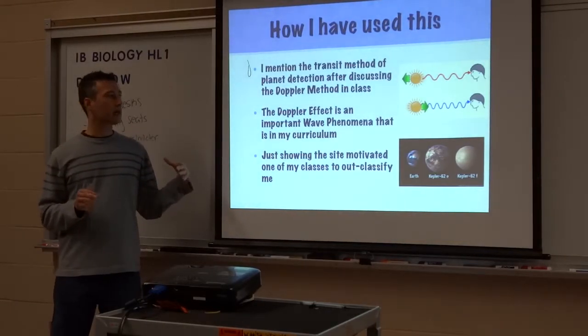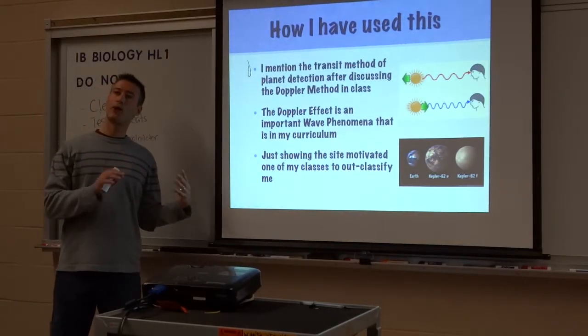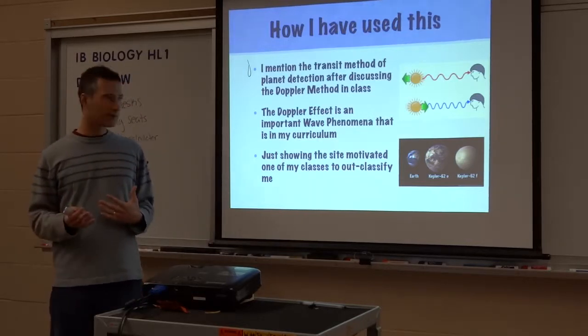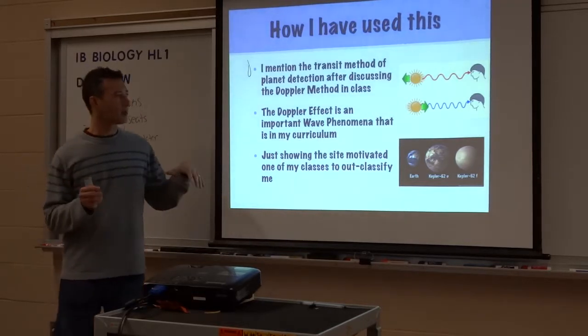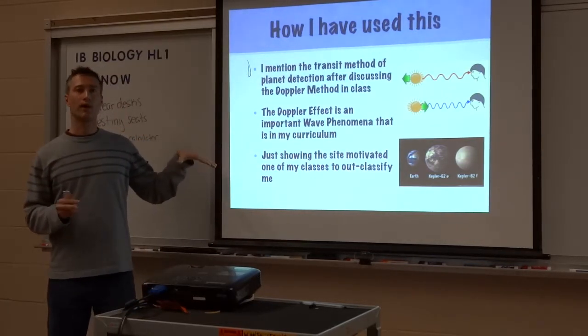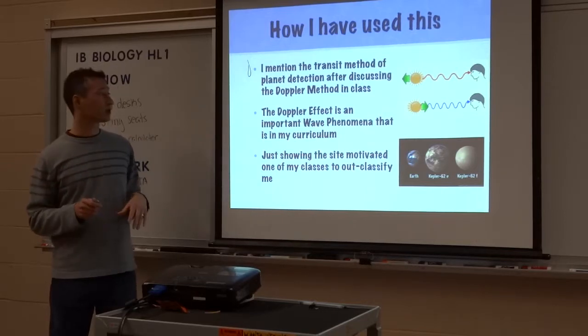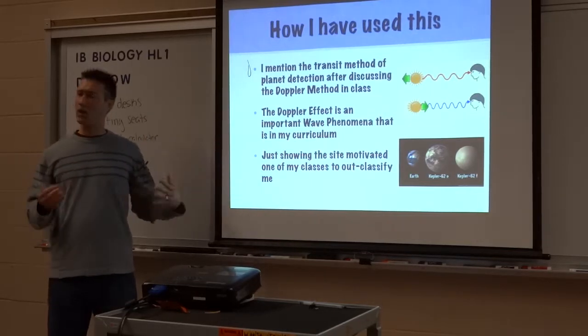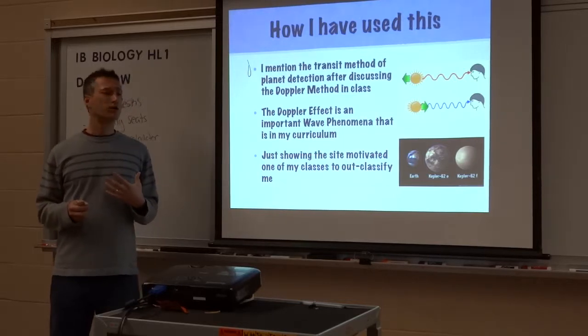Last year in class, I did show my students that site when I was teaching them about the Doppler effect, which is a major curricular objective for introductory physics. The Doppler effect is not involved with this method of exoplanet detection, but it's the other way that we find exoplanets. So I just showed them this, and then that motivated one of my intro classes last year